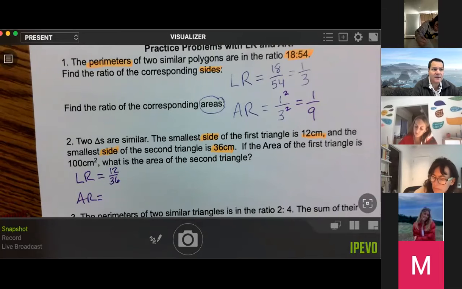And just for ease, I'll reduce it. Instead of just 12 over 36, which are big numbers to have to square, it would be more convenient for me to